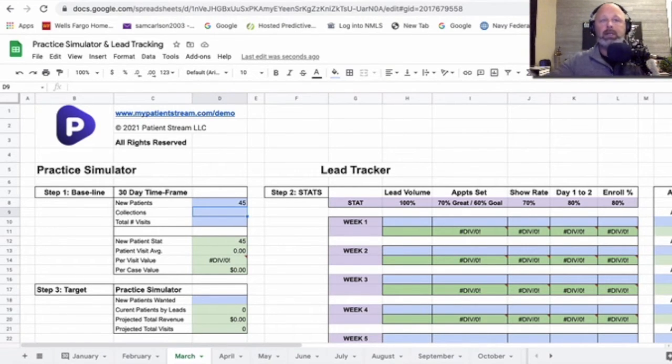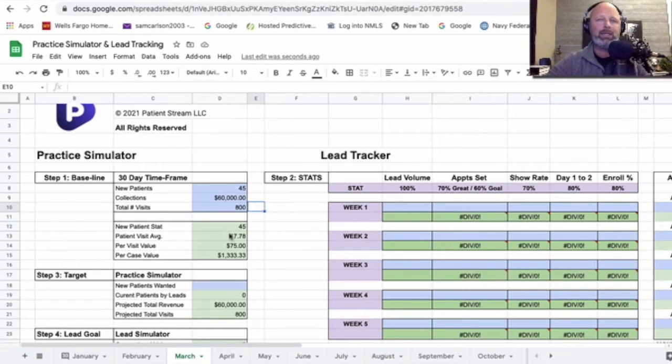All right, collections. Let's say as far as collections goes, we did 45 new patients and we did $60,000 in revenue. And then total visits, let's say we did 800. I'm keeping these numbers very generic. Certainly everybody's is going to be a little different. But all right, so right now we have entered this baseline information, and the first thing that's going to tell us